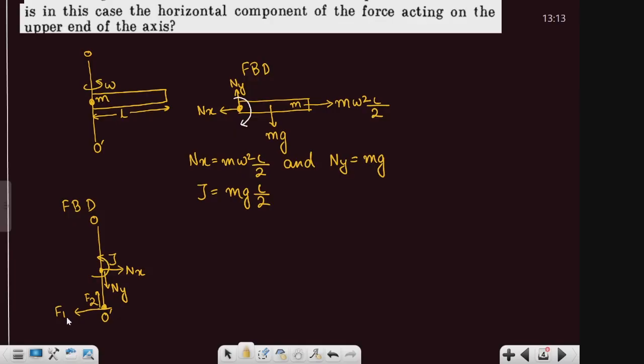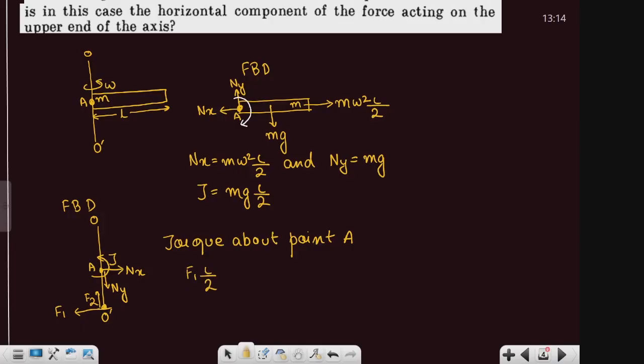So, torque about point A. I'm taking torque about this point, this is point A. Torque about point A is nothing but F1 into L by 2, plus F2 into 0. Understood this much? Plus, what is the value of this torque? This torque and this torque are equal and opposite by Newton's third law, so the value of this torque is nothing but mg L by 2. So the torque about the point is F1 into L by 2